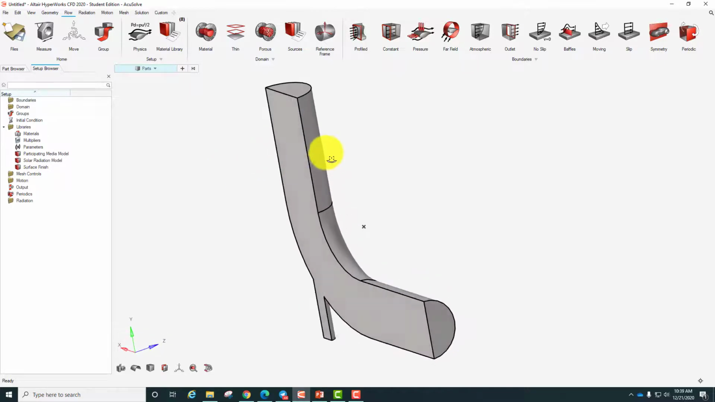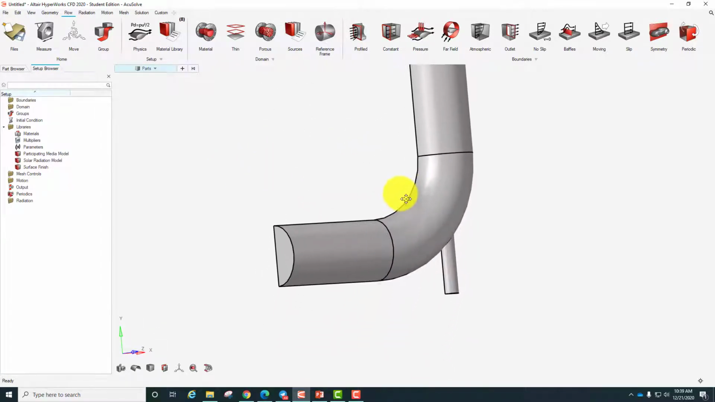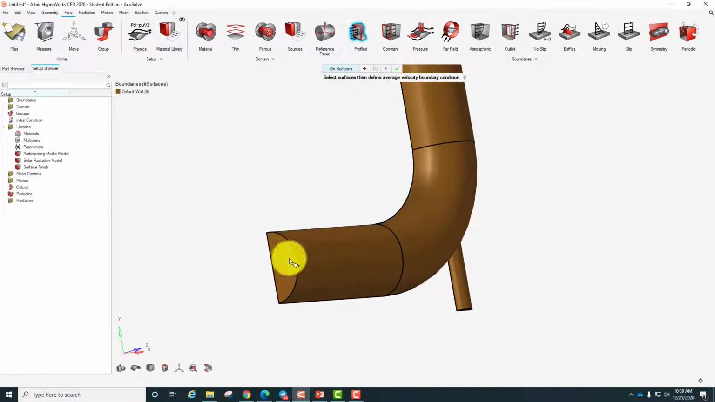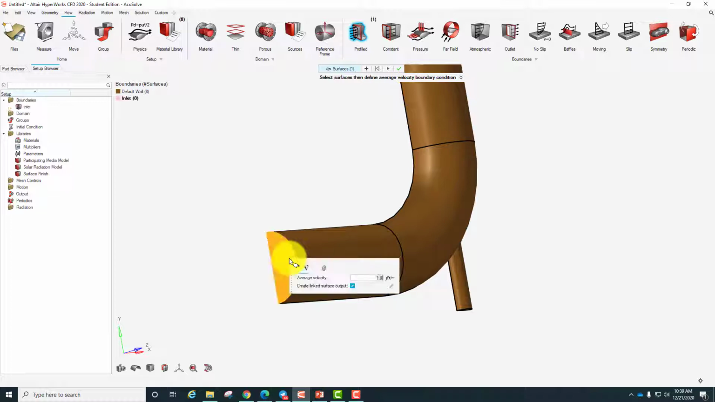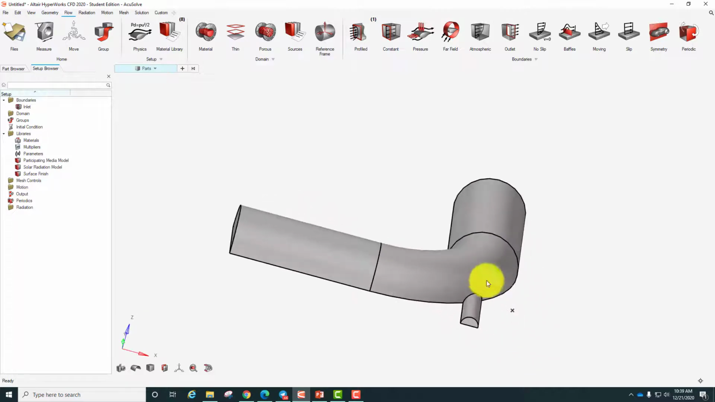Okay, and then next we want to define the inlet, and also the outlet. Okay, first we want to assign the inlet first. You go to the profile icon here, you click on that, you click on the first inlet, the bigger inlet here. Okay, and then you set the average velocity as 0.4. Okay, 0.4. You click OK,